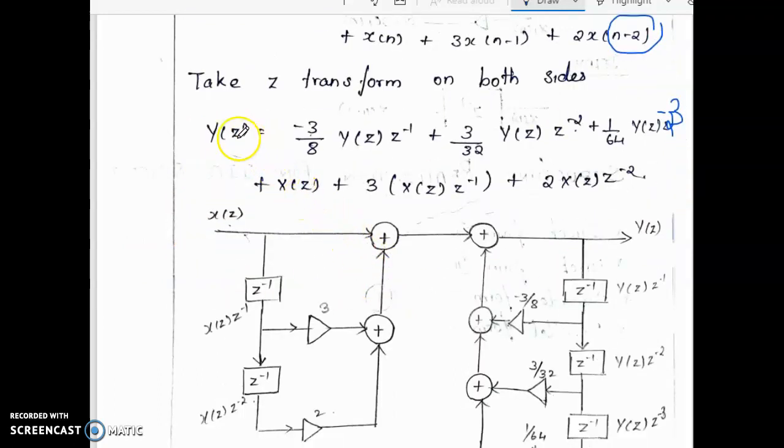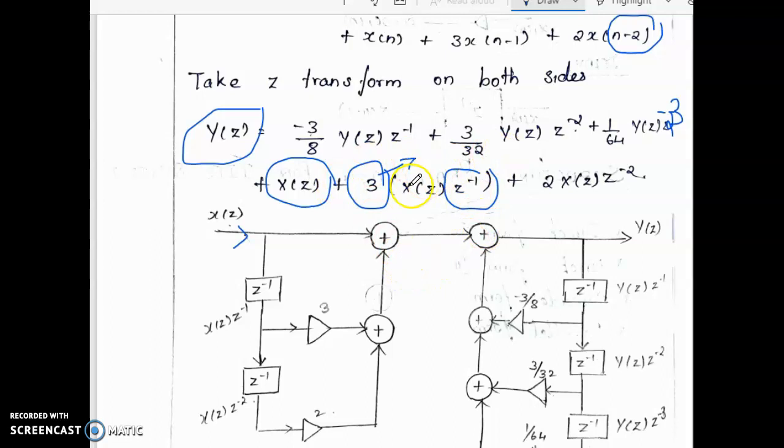So here, Y(z) is our output side and X(z) is our input side, and in between we have this function. So I am taking X(z) as our input function, and directly I connect it to one summing point. Then this signal will be added with another signal, 3X(z) z power minus 1. So 3 is our scalar unit, represented in the form of a multiplier, and z power minus 1 is our delay element.